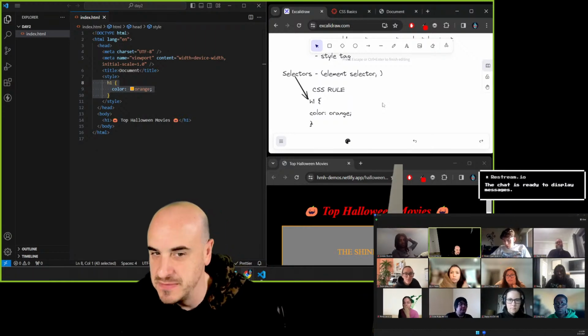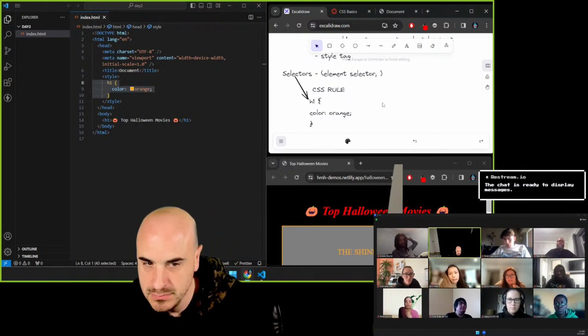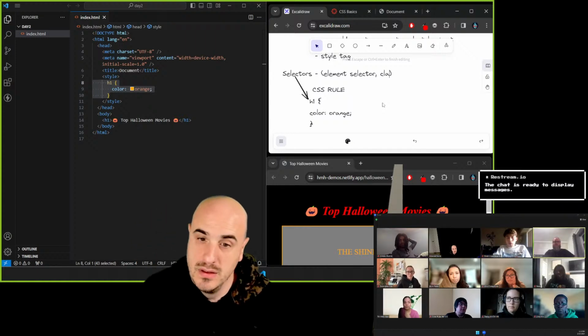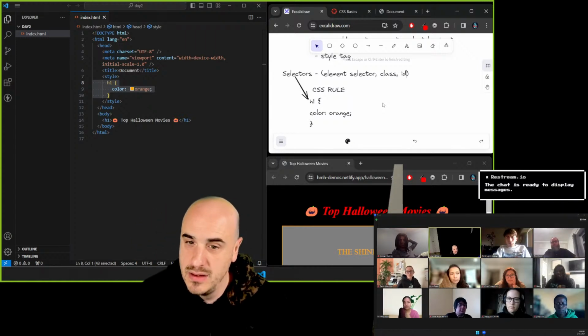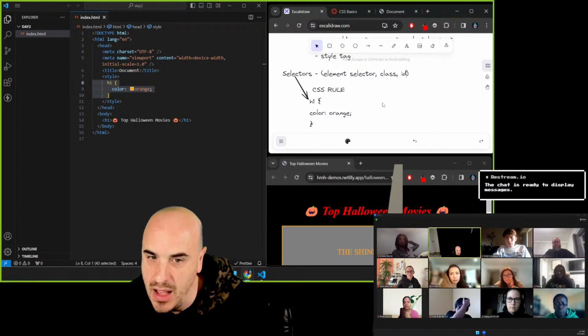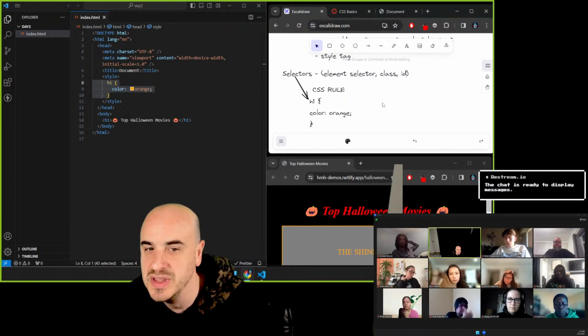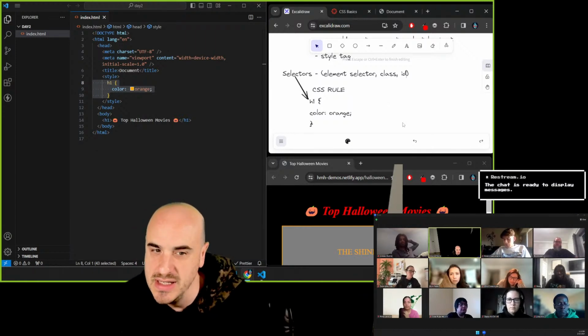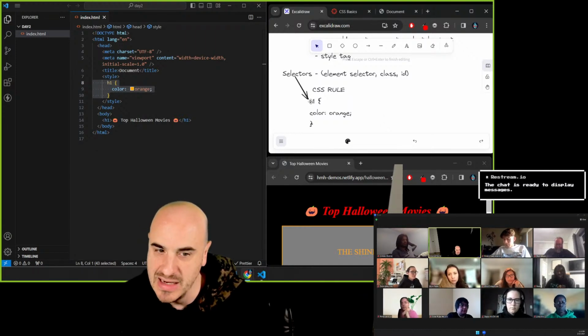Does anyone know some other selectors? Class and IDs. Yeah, and those are the ones we are going to hit today. There's some other ones, but these are the basic ones. So the selector is how you are targeting the element you want to apply the style to, right? So that goes right here, the selector. Then we use the curly braces, and now we have